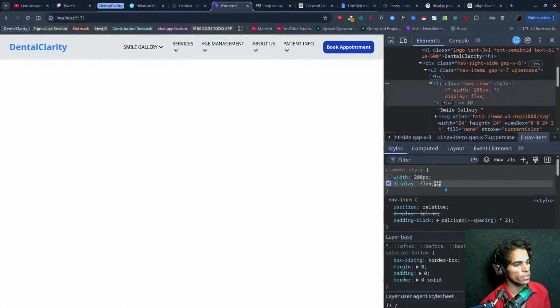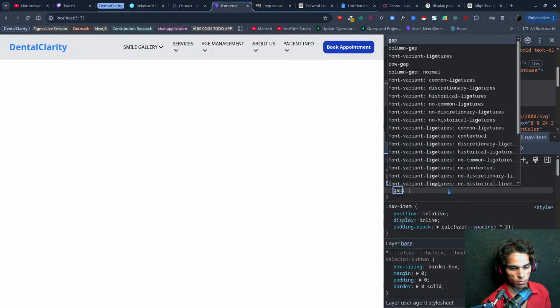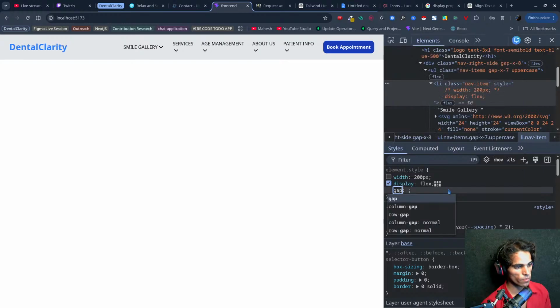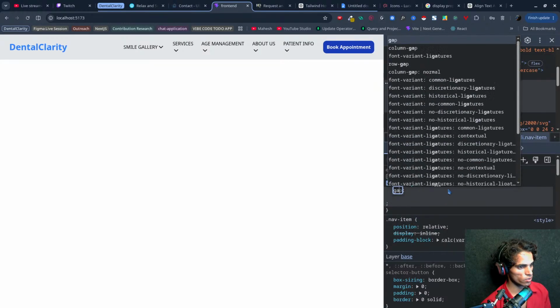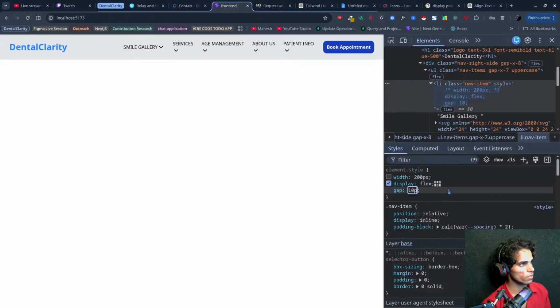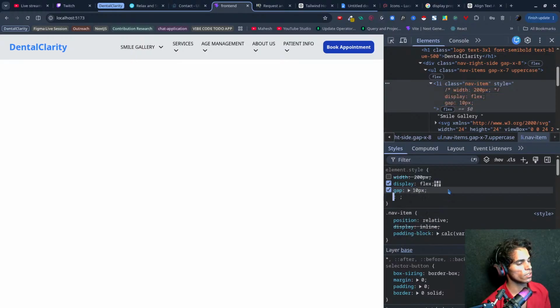No. And now I would also like to give it a gap of 2, row gap of 2 pixel. Let's give it 10 pixel. No, not gap like this. So I would like to call it gap 10 pixel. And yeah, this is what I want to do. Now let's see if it is working as it should. Yeah, it is working. So that's great.